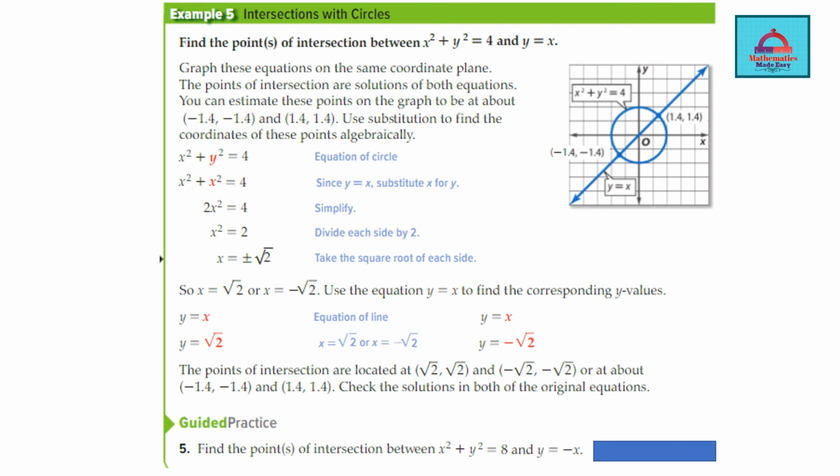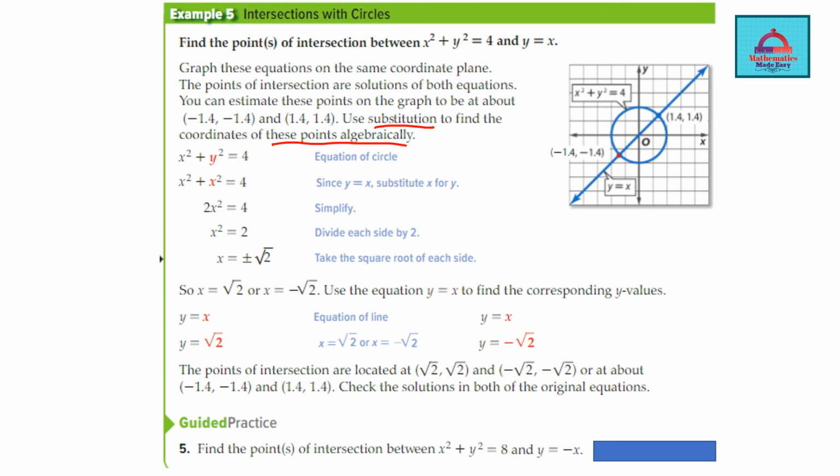So as you saw from the Desmos, the two intersection points are roughly 1.4, 1.4. This is the first one I'm marking in the graph. And the second one is negative 1.4 and negative 1.4. So two intersection points you got already from the graph. Now let's check how we can solve using substitution to find the coordinates